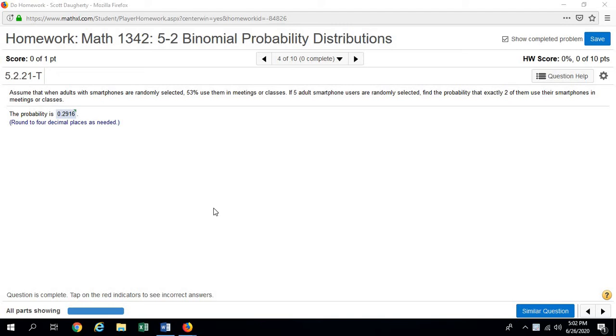Hello everybody. In this video I'm going to show you how to work this problem from section 5.2. It says assume that when adults with smartphones are randomly selected, 53% use them in meetings or classes. If 5 adult smartphone users are randomly selected, find the probability that exactly 2 of them use their smartphones in